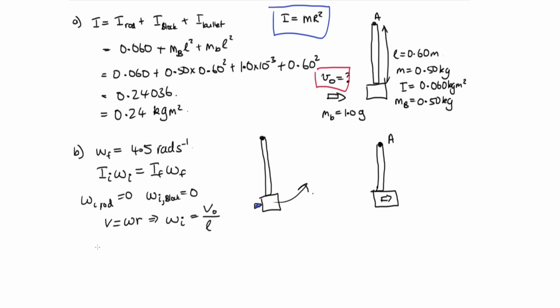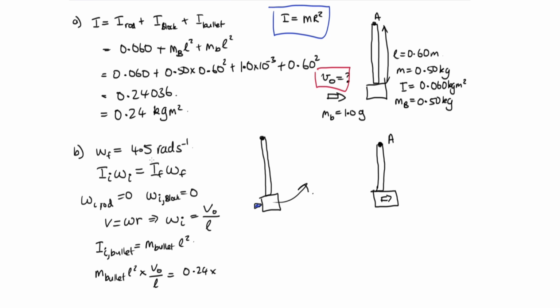So we have that the I initial of the bullet is equal to the mass of the bullet times L squared. And so just substituting everything in here, we've got that the mass of the bullet times L squared, that's the I initial, times omega initial, which is v naught on L, is going to be equal to